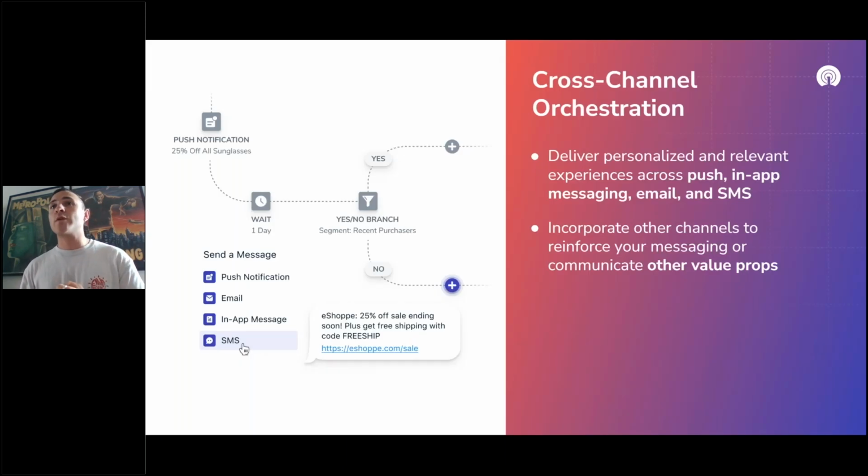Well, I mentioned push and in-app messages. The reality is that with OneSignal, you can also use email and SMS. Why do I mention this? It's because when you're able to include more channels in your orchestration, you are able to increase engagement rates by 220%. You heard right. So it's insane, right? It's 220%. So definitely something to think about, like how you can use email and push notifications in one single journey to try to achieve an objective. That's the way that you need to start thinking from now on, right? But that was one case, and of course you can show the value propositions with different approaches depending on the nature of the channels that you're using.